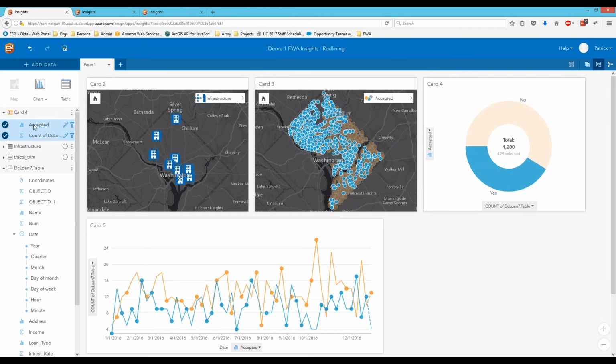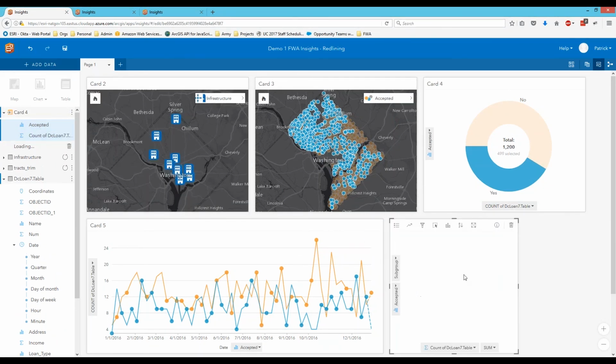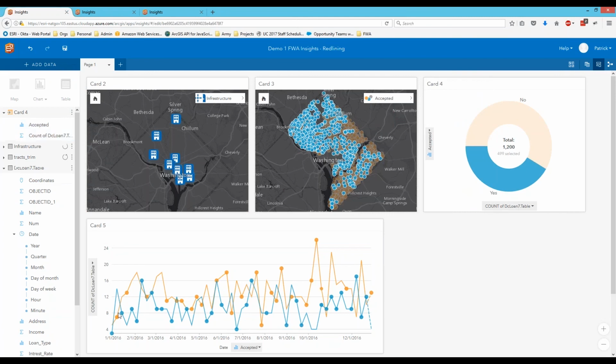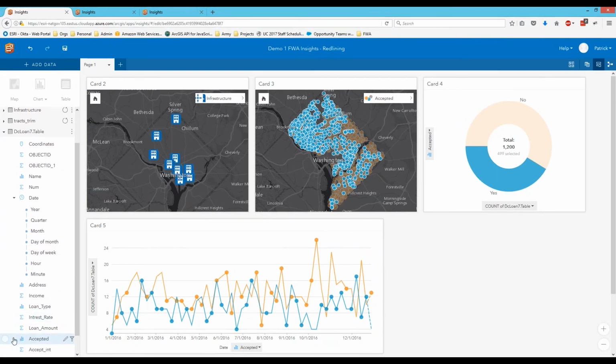One thing I might want to look at is the count of the loans accepted versus the loans denied. And I'll look at a column chart of that information. And I can also view the subgroup based off of,